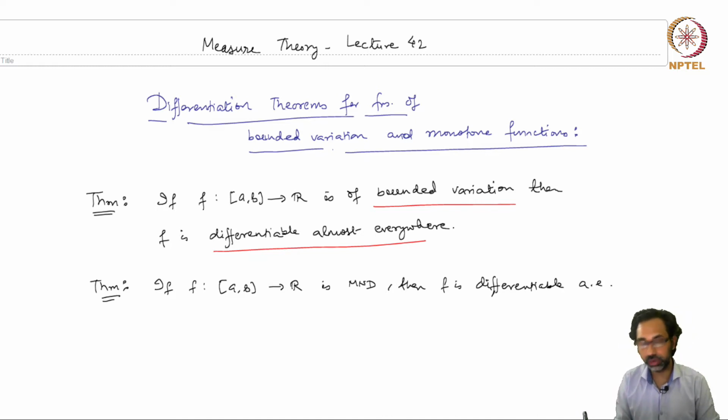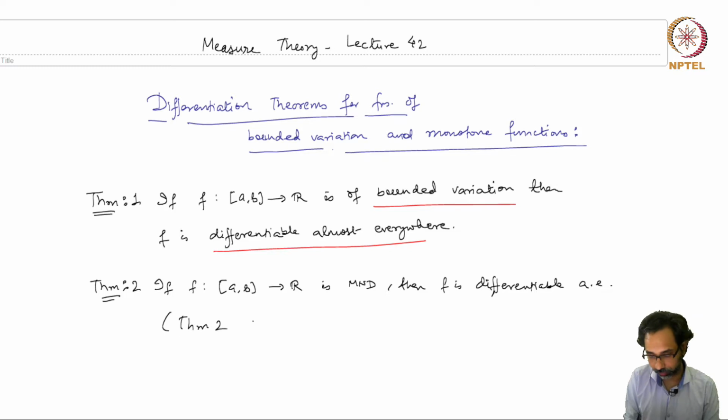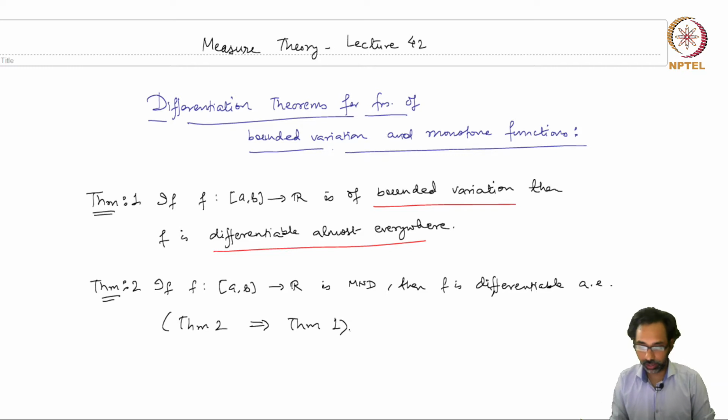Because a function of bounded variation can be written as a difference of two functions which are monotonically non-decreasing, differentiability almost everywhere for both these functions will imply the differentiability of the function of bounded variation. So let's call this theorem 1 and let's call this theorem 2. So theorem 2 will imply theorem 1, and in fact we will somewhat